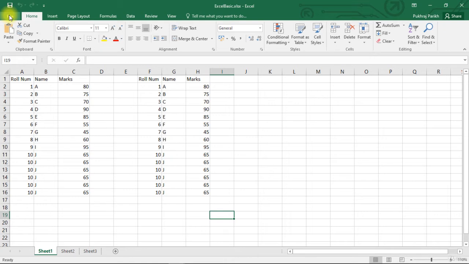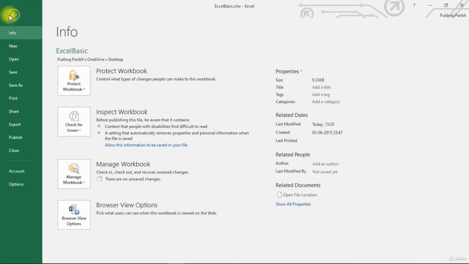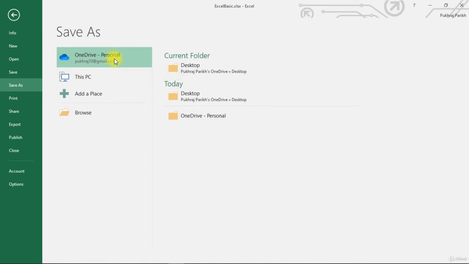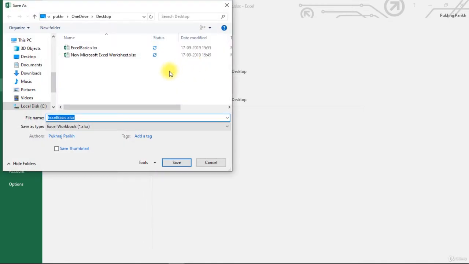But once a file is saved, Save and Save As behave a bit differently. Once a file is saved, the Save button saves the changes to the same file again and again every time. But if you click Save As, a new file will be saved, which means Excel will again prompt you to give a location and name, and the workbook will be saved with the new name at the new location.